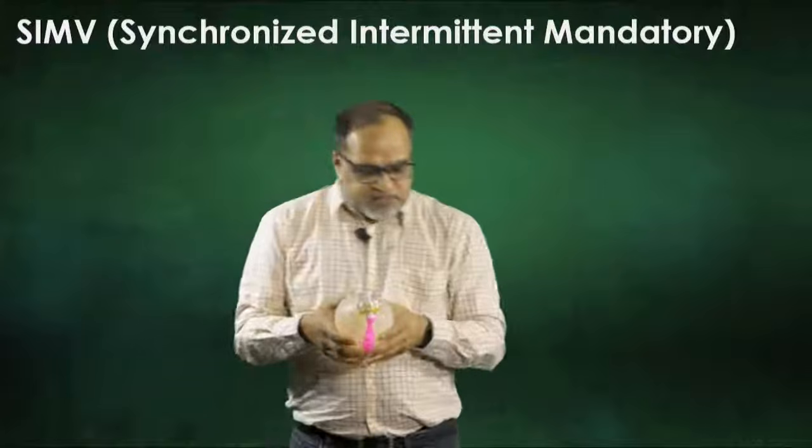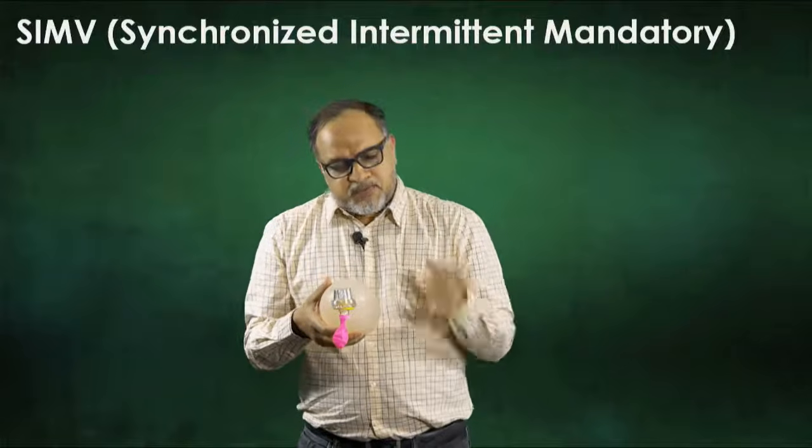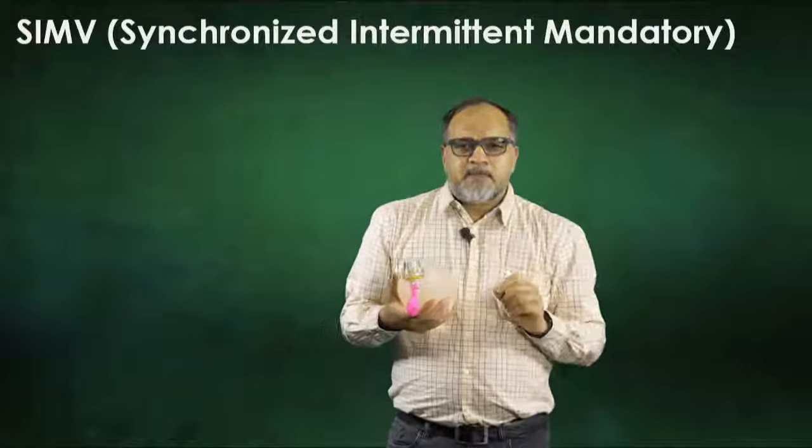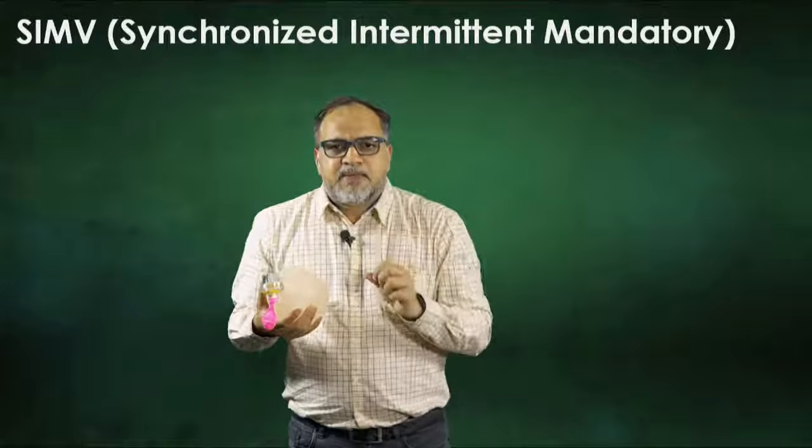Now, same way, this SIMV, again, 1, 2, 3, in between the patient tried to breathe, the ventilator ignored it, 4, 5, 5.5, and the ventilator gave the mandatory breath as a supported breath. So this was synchronized intermittent mandatory ventilation. It had one problem, that the breaths that were coming between the mandatory breaths were not respected, and the patient felt dyspneic.